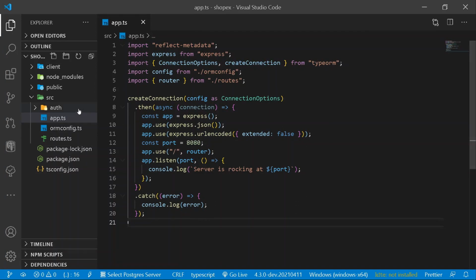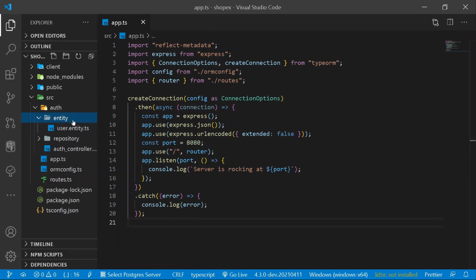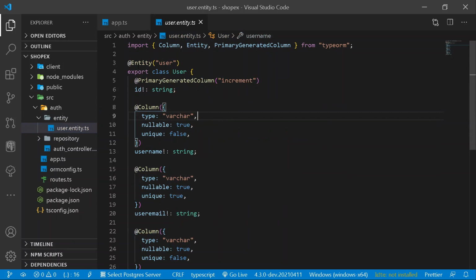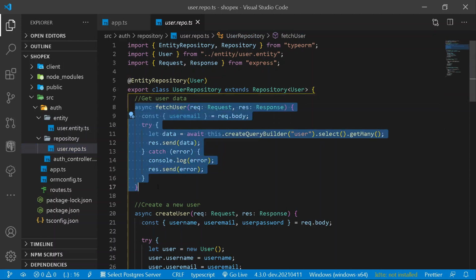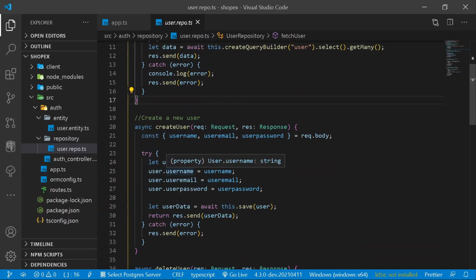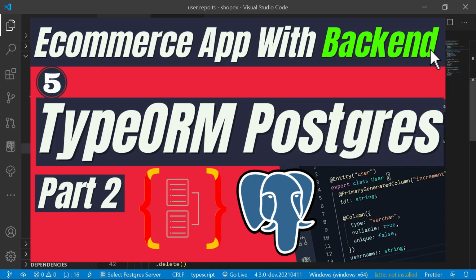So if you have seen my previous tutorials, we have created a following TypeORM model, which has the following entity of user, and also we have got a following repository of our user repository, which contains all of the methods that we are going to be performing over our TypeORM. So if you haven't seen my previous tutorial, kindly watch it. You will be more distinct and clear with what we are going to do today.